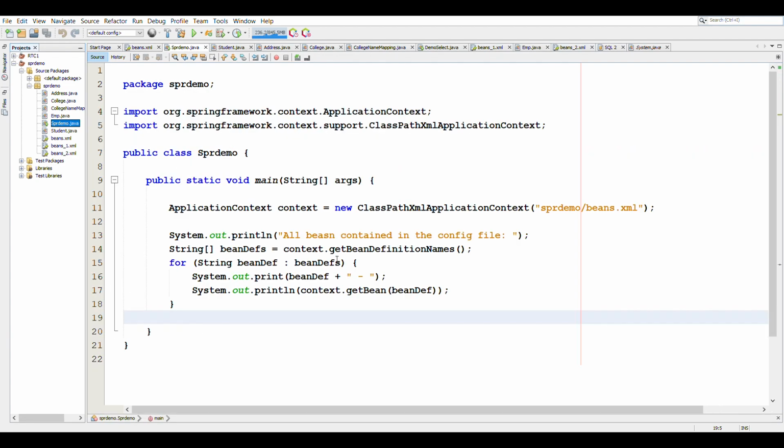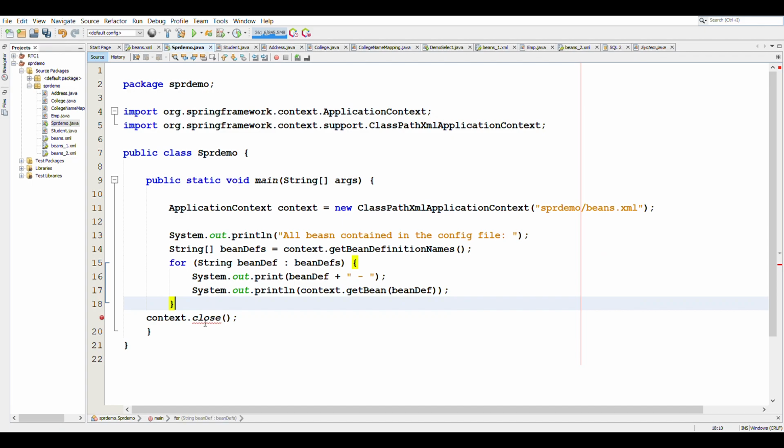So we'll make some changes to the code. We will close the context. So, okay, because we have used application context here, it does not have the close method.